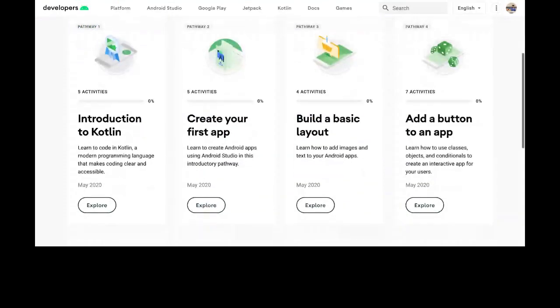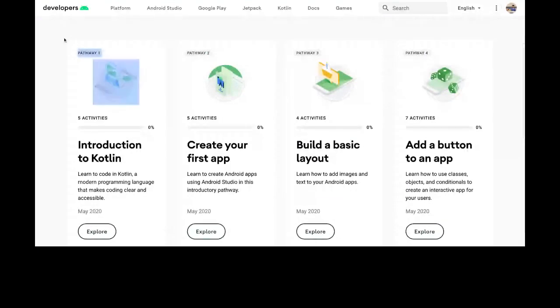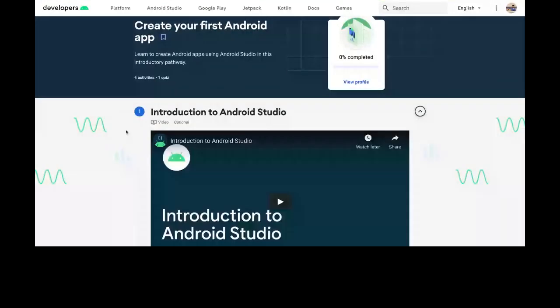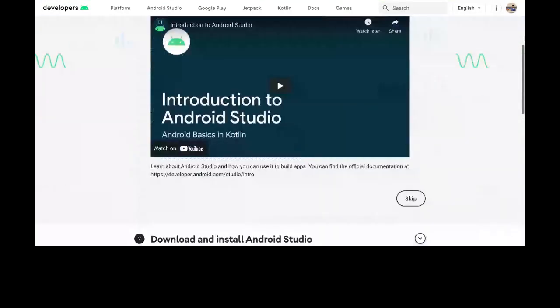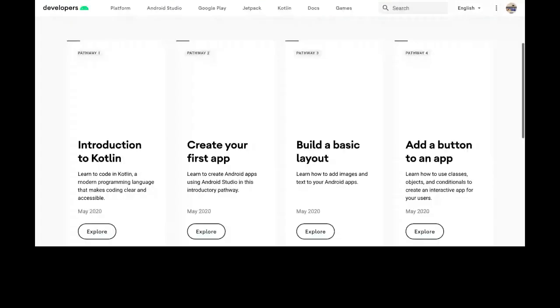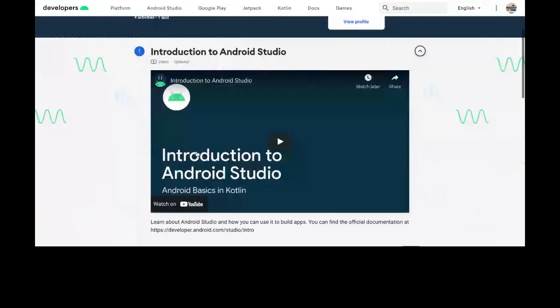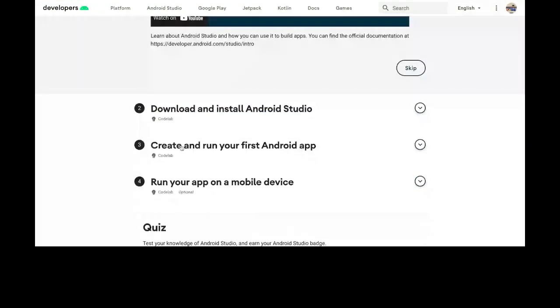You will enjoy it a lot. After learning Kotlin, they teach you how to install Android Studio. So you can install Android Studio using this pathway only. This pathway will help you install Android Studio and the emulator also.